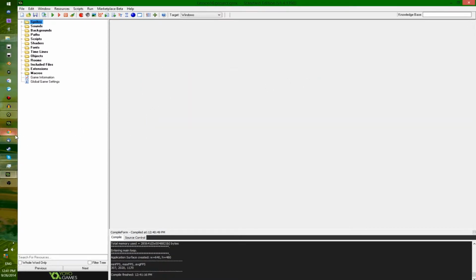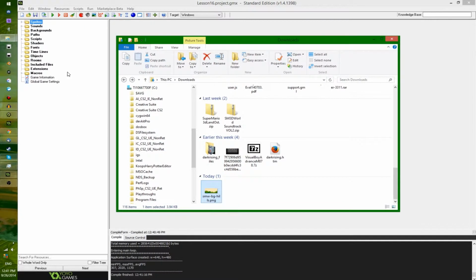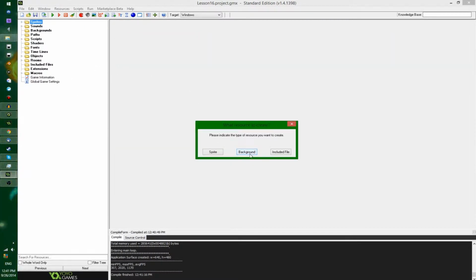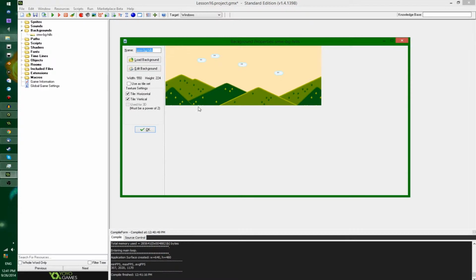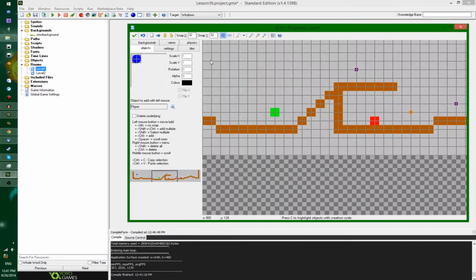So, for the next few weeks I'm going to be dealing with the more graphical aspects of Game Maker, or some of the more graphical aspects anyway. So, I'm going to go into this folder, the downloads folder. As you can see, I was kind of scrambling for resources right before I started making this video, and we're going to import a background this time instead of a sprite. So we're going to call this Super Mario World background, and we're going to hit OK, and we're going to go into the room editor,